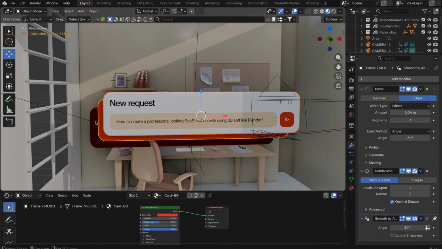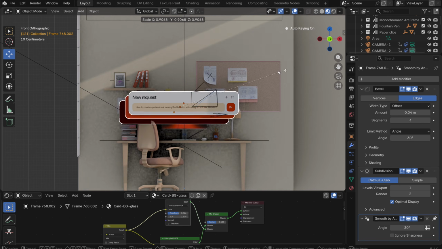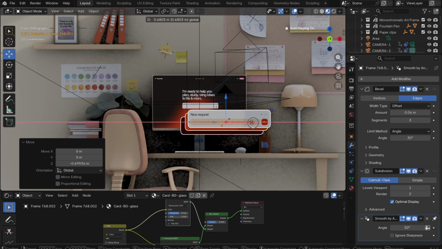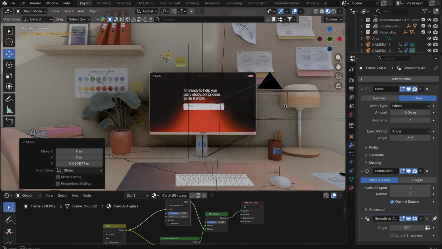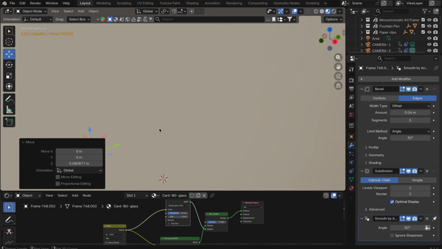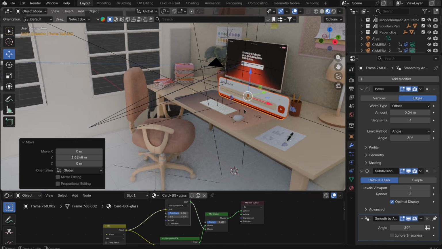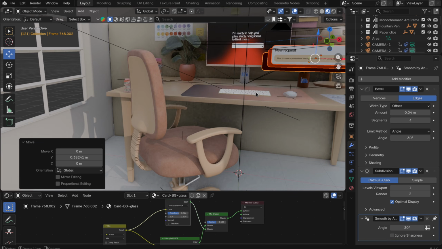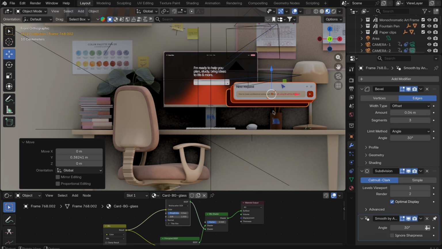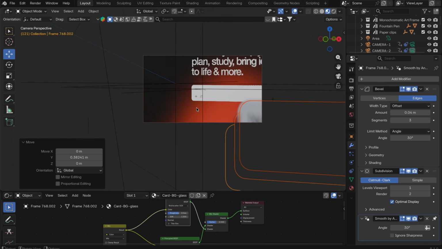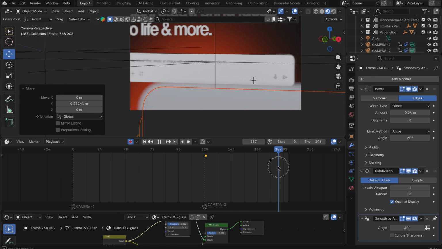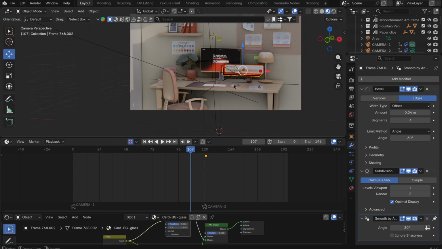I'm going to select all three of them. Going to decrease the scale. Move it somewhere here, and above the table. Right here, next to the screen. Let's take a look at the camera view. This is the, and then they should disappear because they are too close. Maybe we will move them